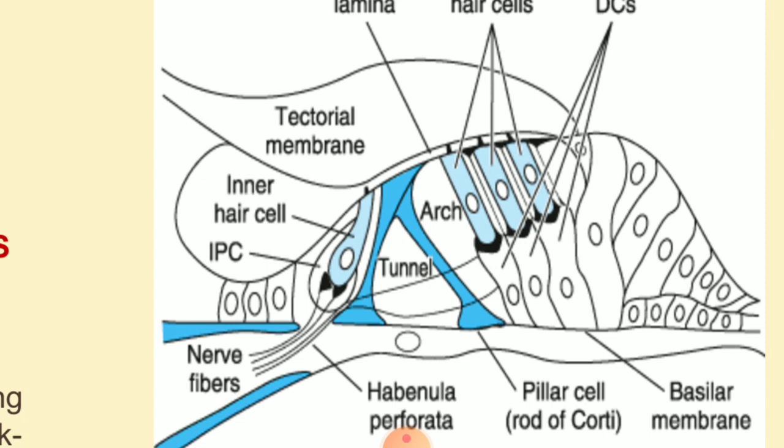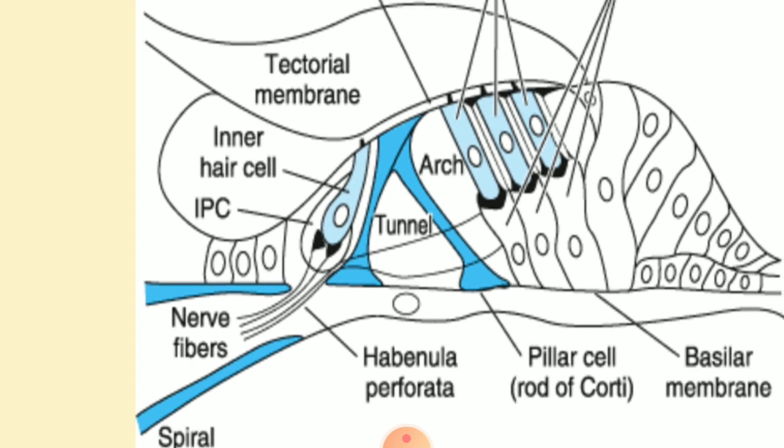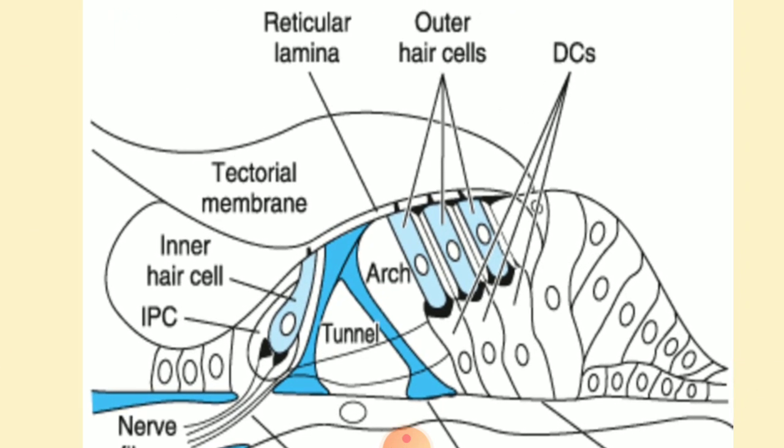And you know, potassium entry means what? Stimulation of the hair cells, or depolarization. Depolarization of what? Depolarization of outer hair cells. Now as soon as the outer hair cells are depolarized, there occurs activation of certain other protein molecules called prestin. These prestin molecules lead to further contraction of the outer hair cells. Contraction of the outer hair cells leads to some enhanced upward movement of the basilar membrane.